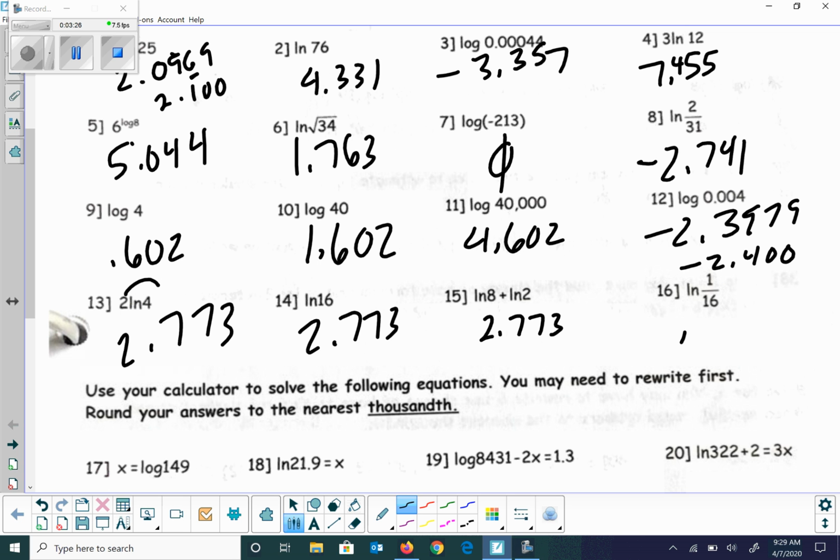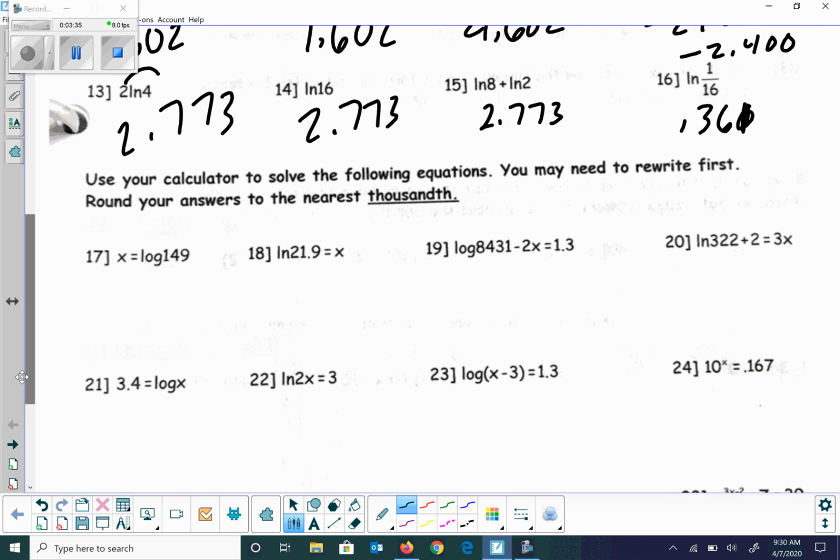And then get 1 divided by. And then this one comes out to, this is the reciprocal of what we just had. So that should be a 1. So just 1 over that. All right, use your calculator. You may need to rewrite it first. Well, this one's just log 149, so just plug that directly into your calculator. So 2.173, natural log